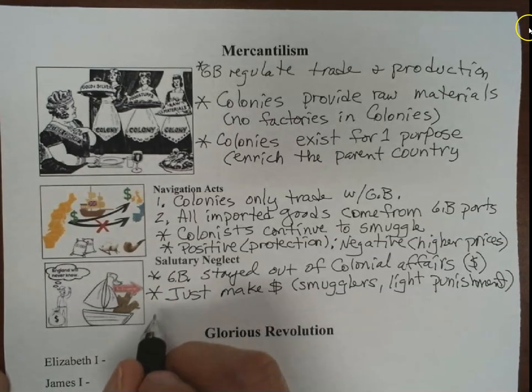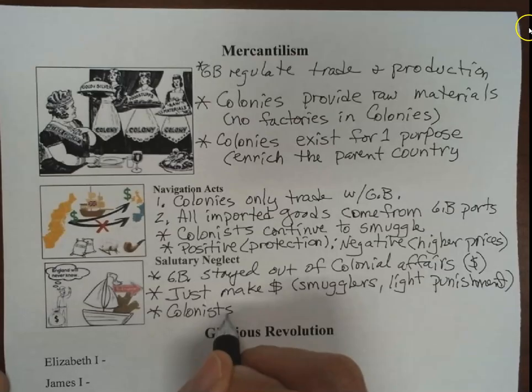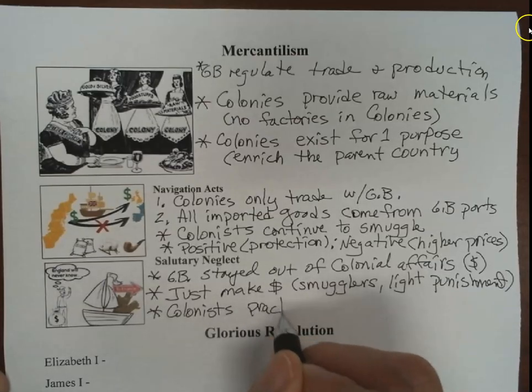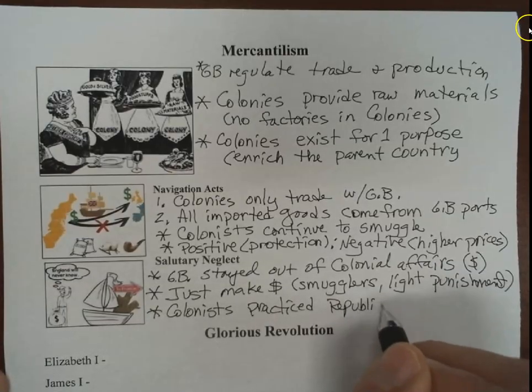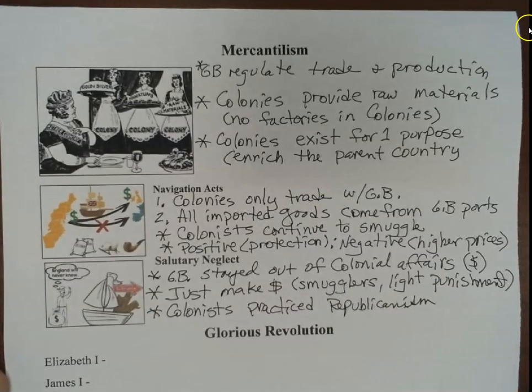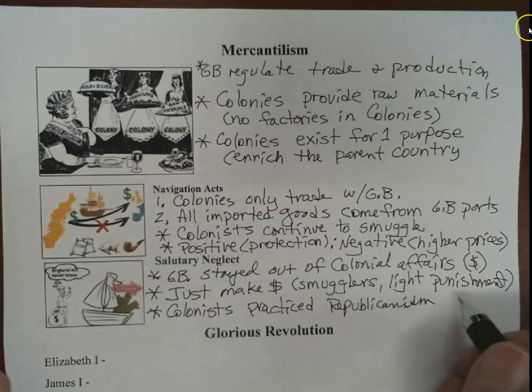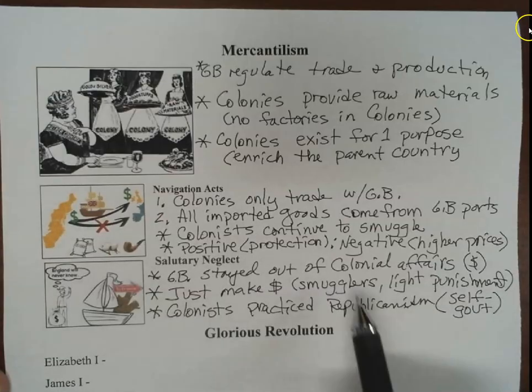And something else. The colonists practice republicanism. And by republicanism, what I mean is they voted for their officials. And if the officials did not do what they wanted, they didn't get voted in again. In other words, they practiced self-government. So they're left alone to smuggle. They're left alone to